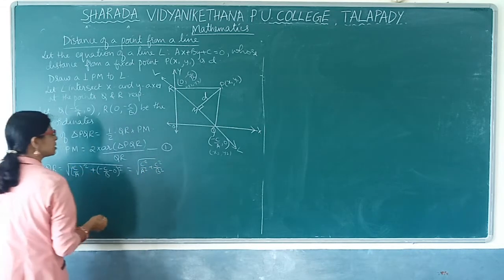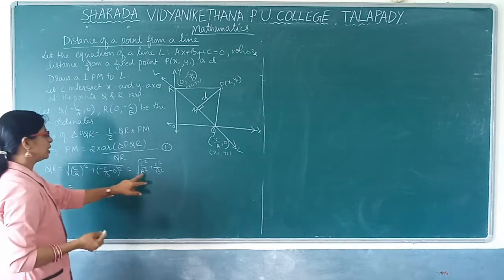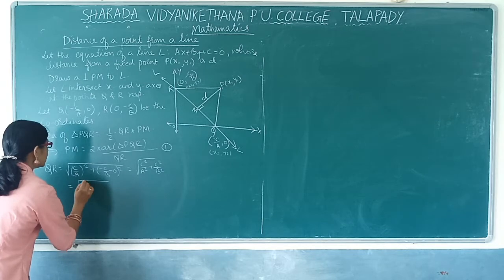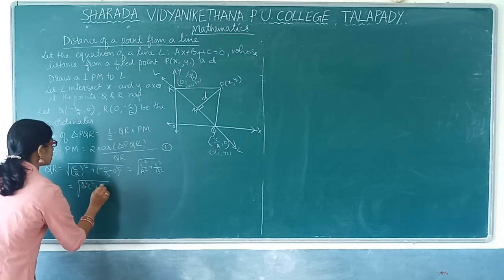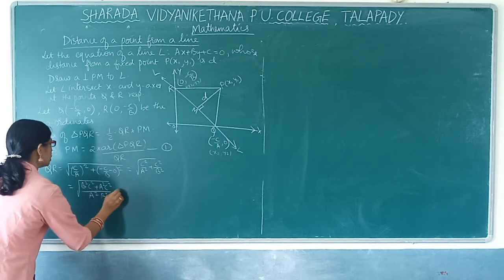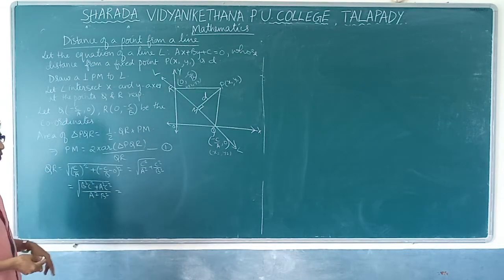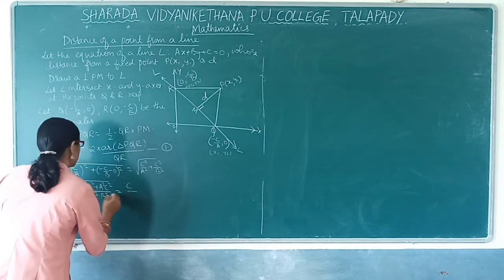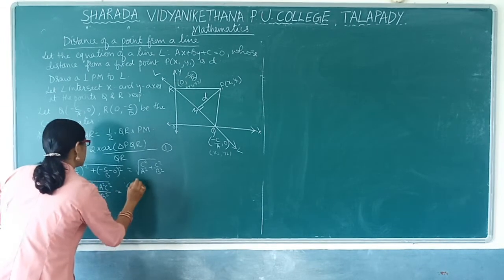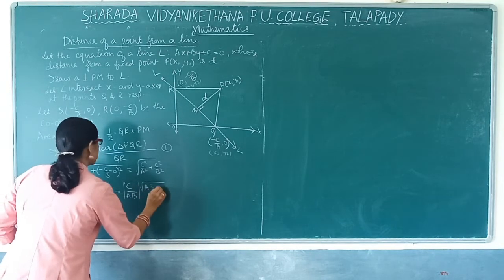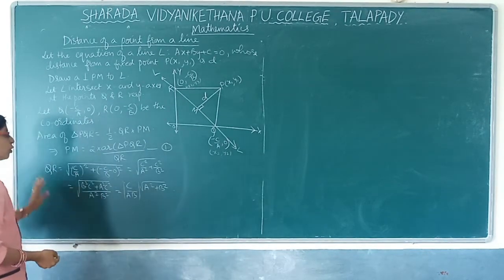We have to take the LCM because here the denominators are different. Multiply this by b square. Square root of (b square c square plus a square c square) by a square b square. In both these numerator parts we can observe that c square is common. Take it outside. So c by ab, when you remove the square root, into square root of a square plus b square. So this is the expression for QR.